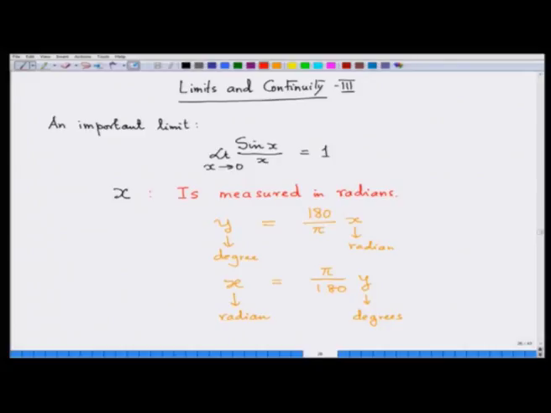It is the second week now, and we are going to end our discussion on limit and continuity. Today we are going to talk about a very important limit: limit of sin x by x as x tends to 0 is 1. There is another important limit which we are not going to talk much about, but we will show that it can be used to compute the derivative of logarithm of x when we do it from the first principle, and that limit is